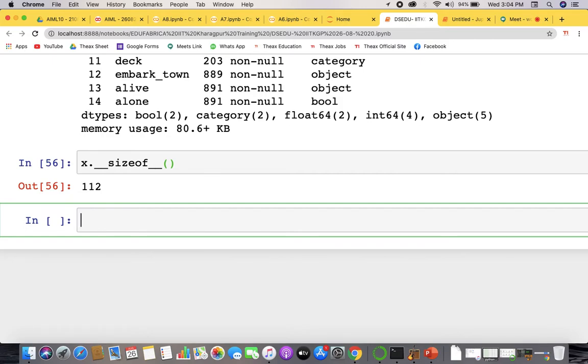Now let's say you have a list, and take it as companies. You have some companies coming to give internships in the college, and let it be Microsoft, Google, and so on.